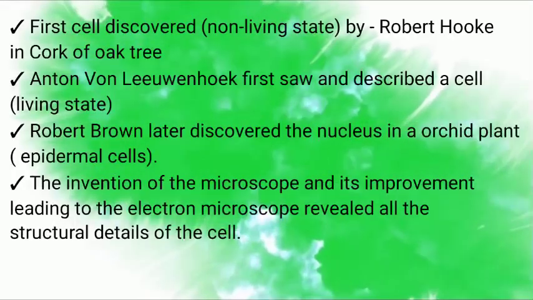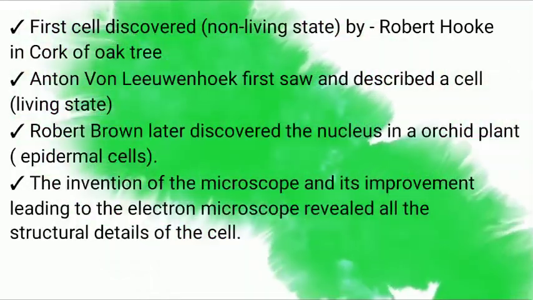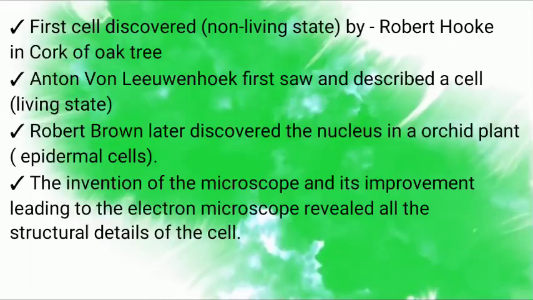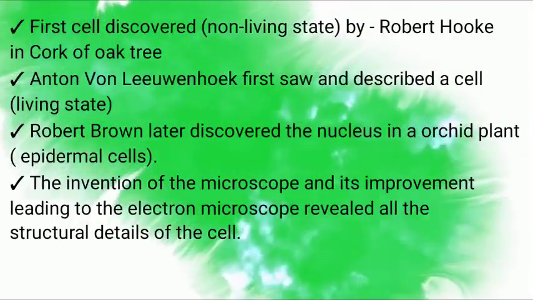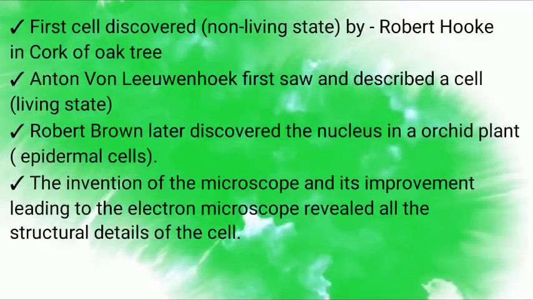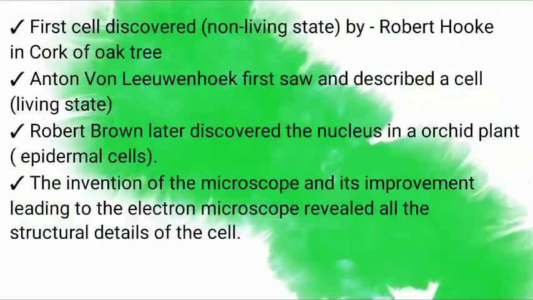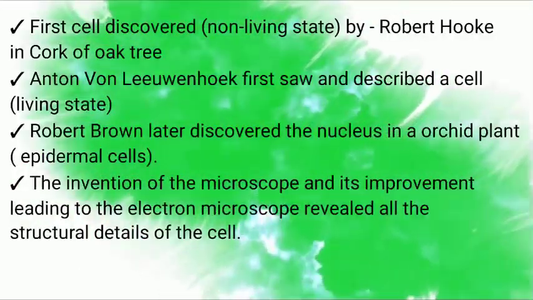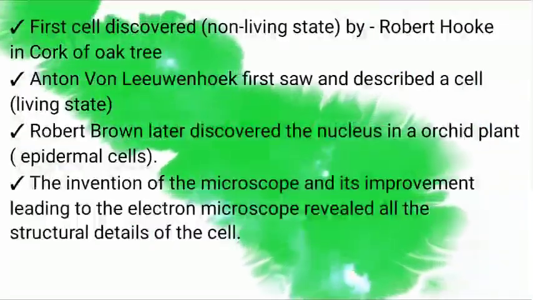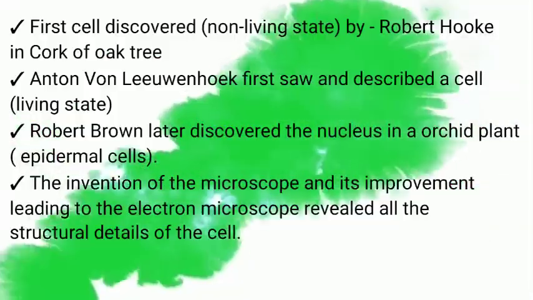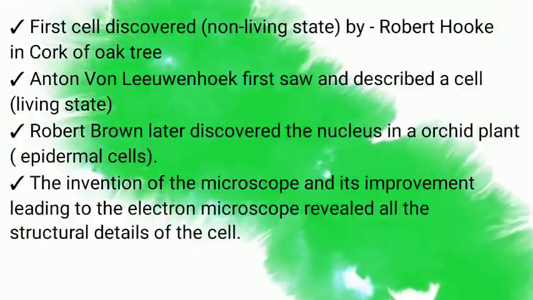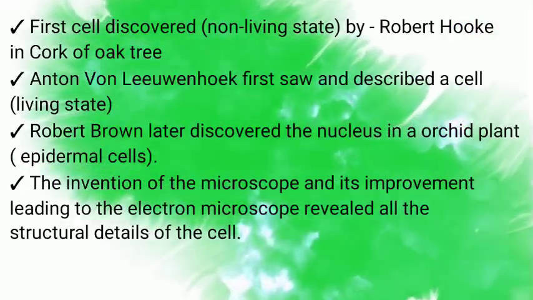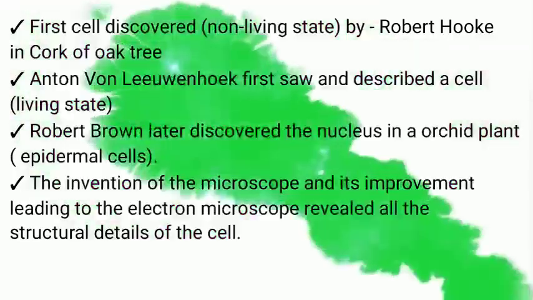cell. We know Robert Hooke is the first observer of cell but in non-living state. Anthony van Leeuwenhoek is the first observer of cell in living state. Robert Brown is the scientist who observed nucleus for the first time in orchid plant. The invention of the microscope and its improvement leading to the electron microscope revealed all the structural details of